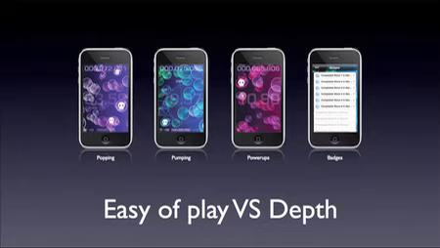And then we added power-ups, making use of different types of power-ups. For example, in the third picture there's a skull power-up, which is a bad one. If you pop that, it will take away some of your points and also take away some of your time. And then the other one that's like a spiral, if you pop that, it'll slow down the bubbles and allow you to pop a little bit quicker.